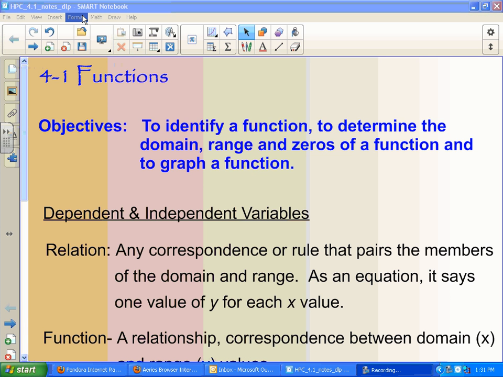All right. For one function. So why do we have functions? What's function notation? What are the parts of the function notation? All that stuff. So definition-wise,